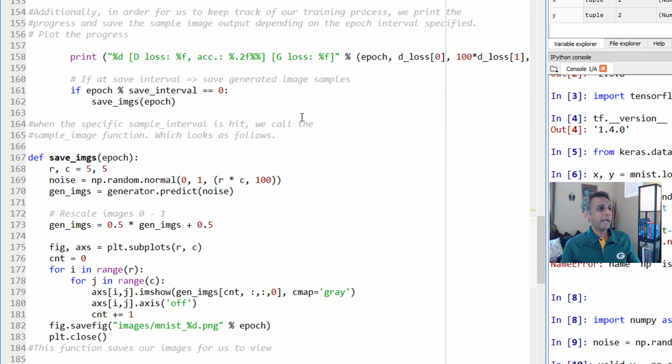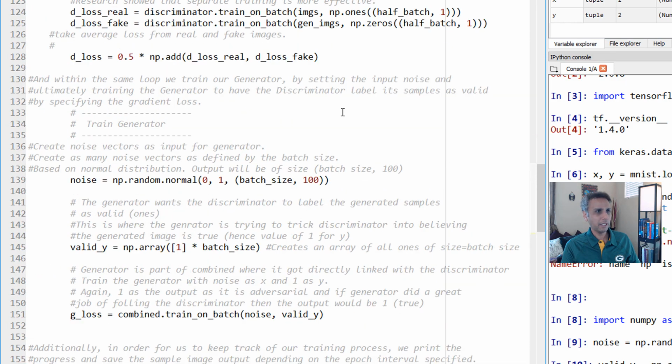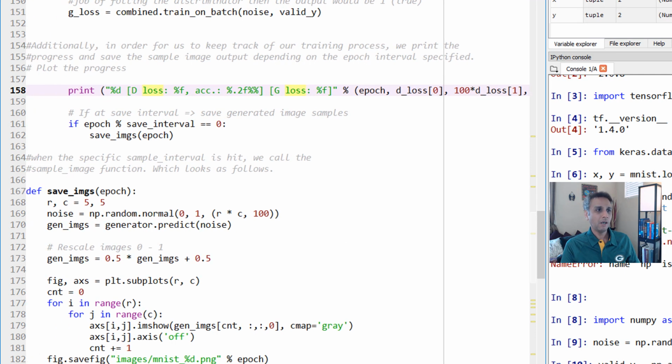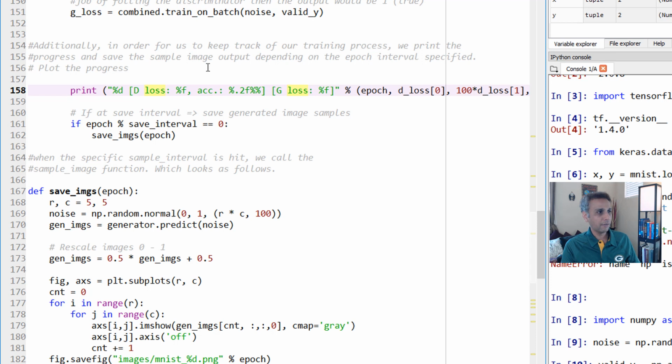Now, as the epochs go along, I'm going to print the loss for the discriminator, the accuracy, which we'll track for the discriminator, and the generator loss, and then the epoch number and all that. This is just a print statement that prints all the values that we are keeping track of. And then, after every so many epochs,